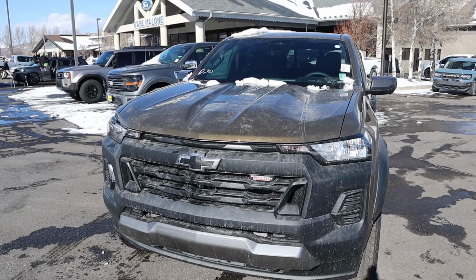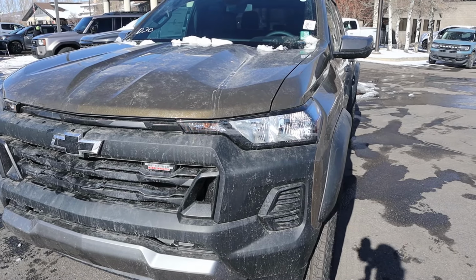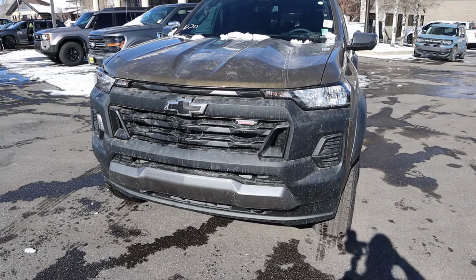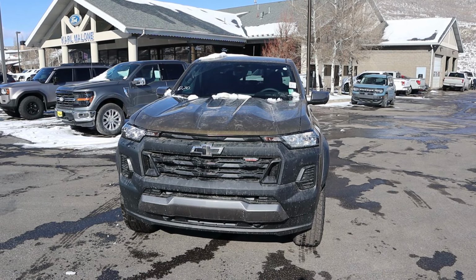So this one's finished in the bronze color, which I think is pretty cool looking. Now the Trail Boss does get the more baseline headlights, and then you can see you've got lots of plastic cladding here on the front end, Trail Boss logo. This one still has the air dam. It doesn't have that upgraded skid plate package, but you do have tow hooks there at the bottom. And so yeah, the front end is kind of more work truck-ish, but then also the bronze makes it look less